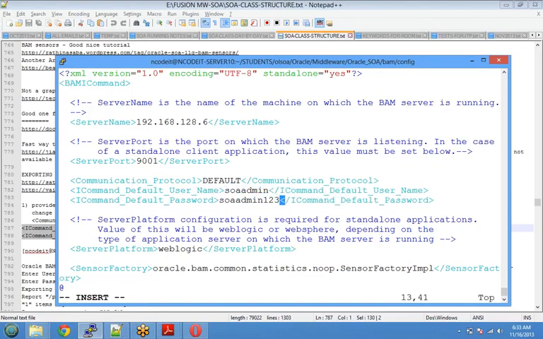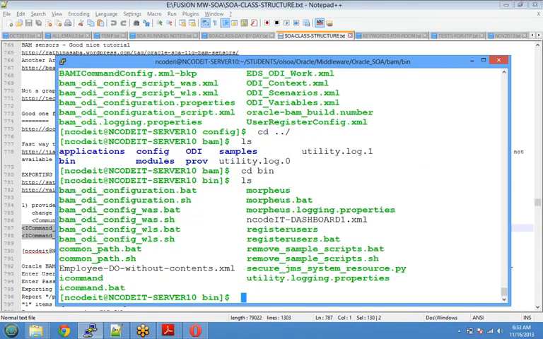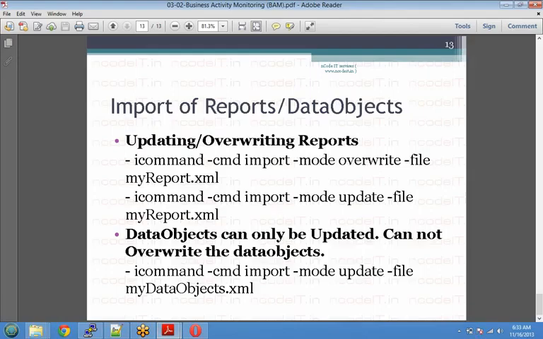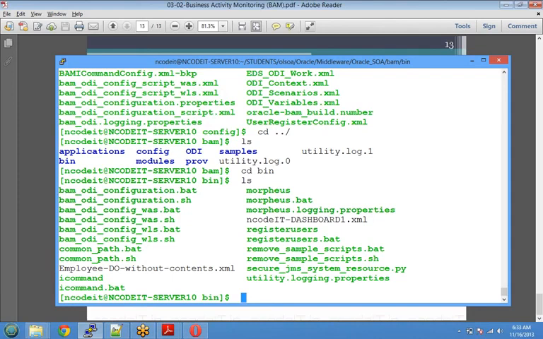Now let's go to the bin and do the import for the next graph definitions. For this import, I'm going to do an override. So I'll be overwriting a report file, my report. So overwrite or update anything you want. -command is import